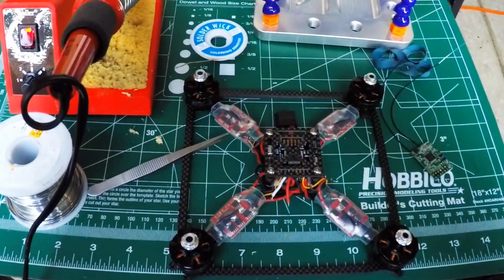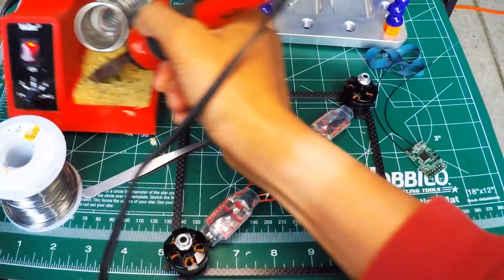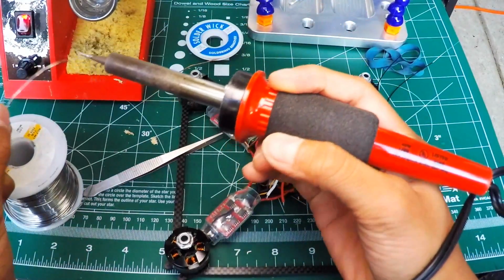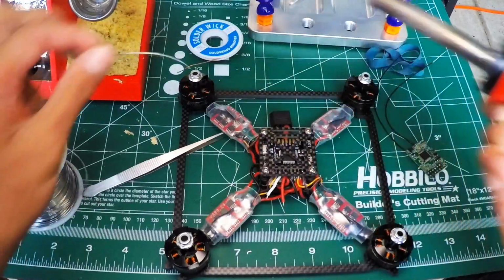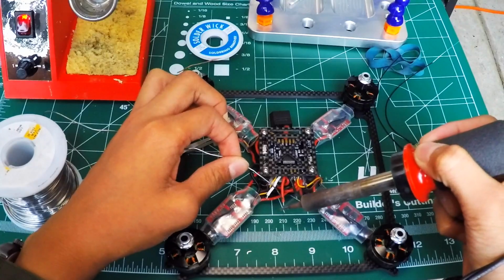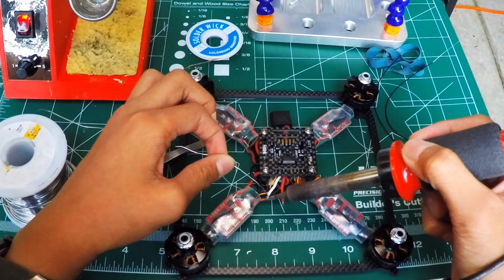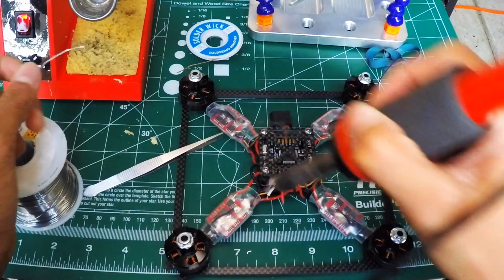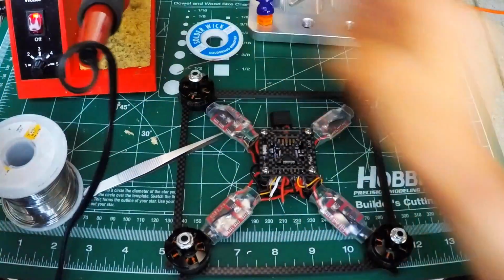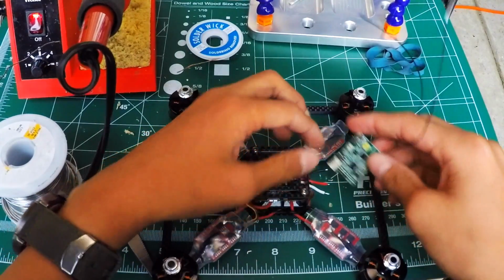Alrighty, so I'm back outside. Let me turn this light on for you guys. There you go. Back outside and got my soldering iron hot again. And gotta put solder on the wires themselves. So like always, just a tiny bit of solder. Just like so. Just like so. And then you can take this, and how we're going to configure it is